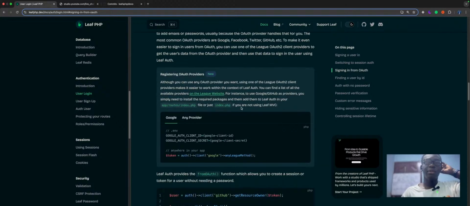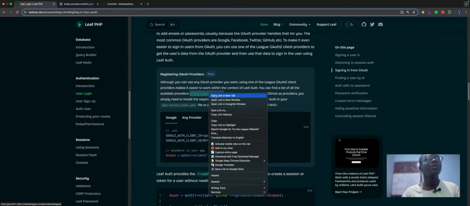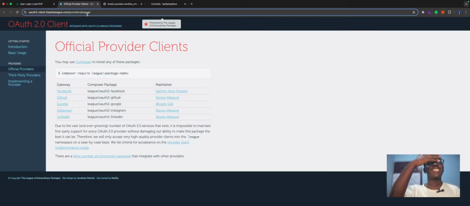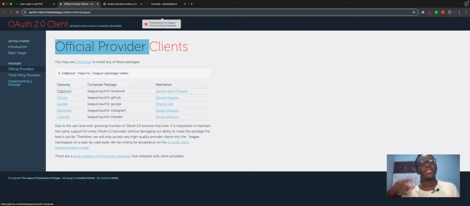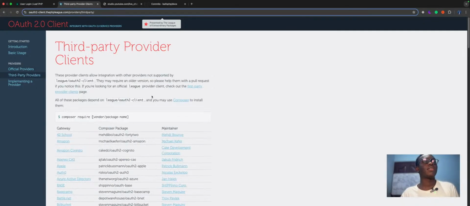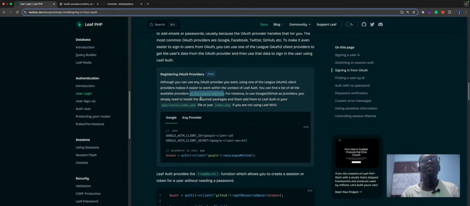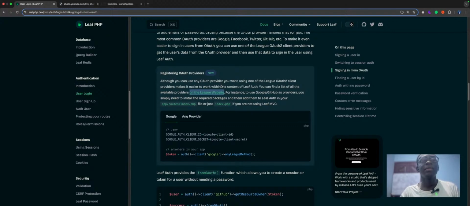So the idea with this is you can use any League-supported package. So there's the PHP League. This is probably going to burn my eyes, but yeah. The PHP League has a bunch of auth clients which you can use: Facebook, GitHub, Google, Instagram, all of that stuff. And they have third-party providers too. So basically, any League provider, you can install that and then just add your